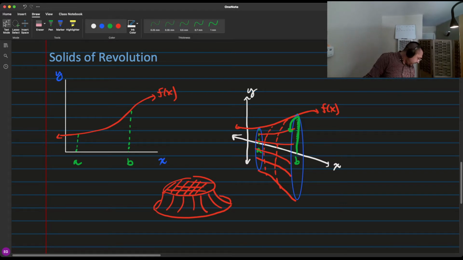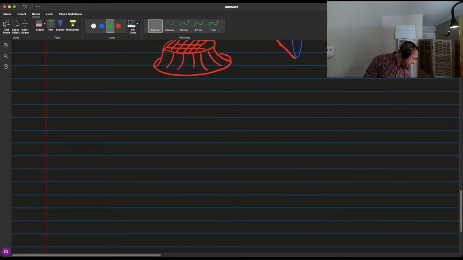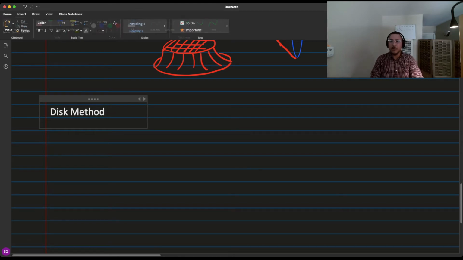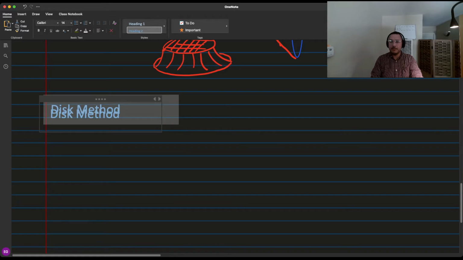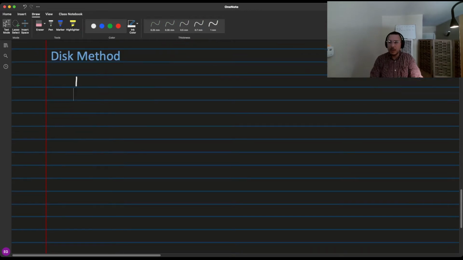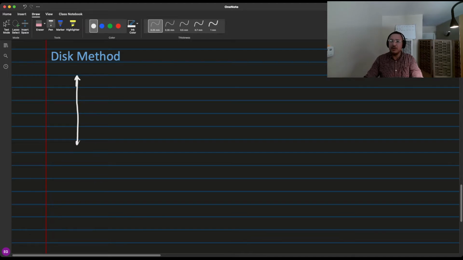Let's come up with our formula as to how we're going to do this. When you do this, you call it the disk method. So we're going to call this the disk method. So I'm going to show you how you get the formula